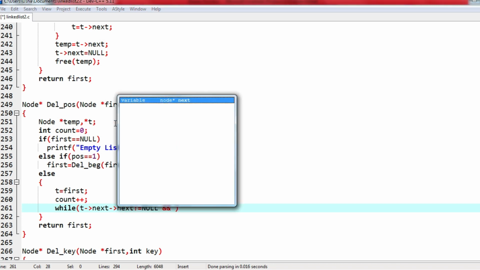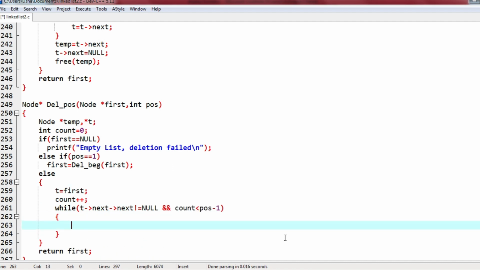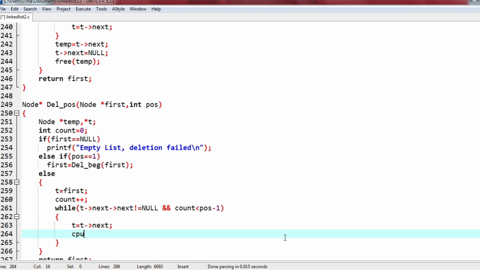Because I am deleting the element at a given position, I have to be in the previous position, right? And I should not reach the end of the list. So I'll give just t next not equal to null, which means I have not reached the end of the list. We will keep moving to the next element and keep incrementing.